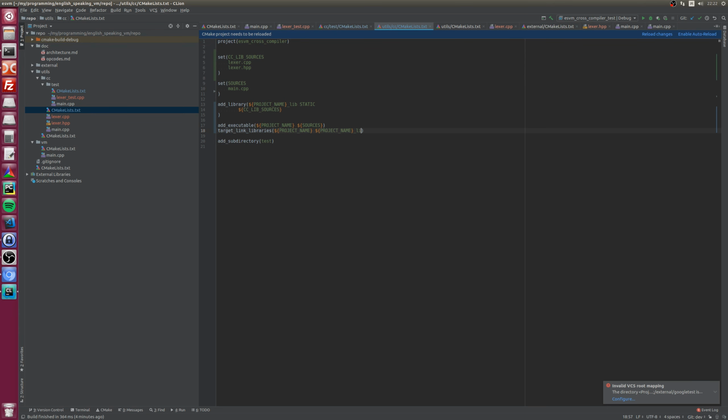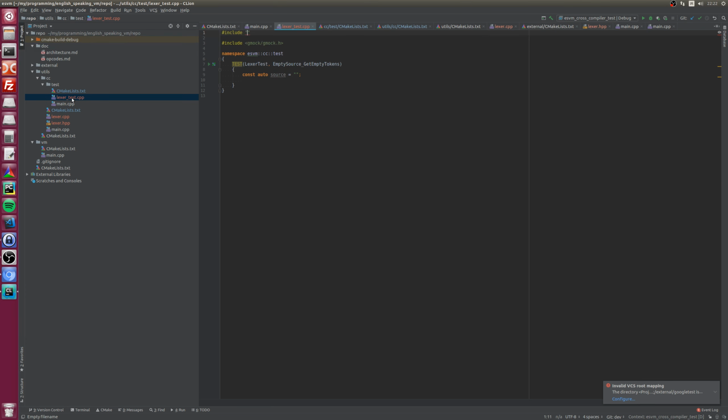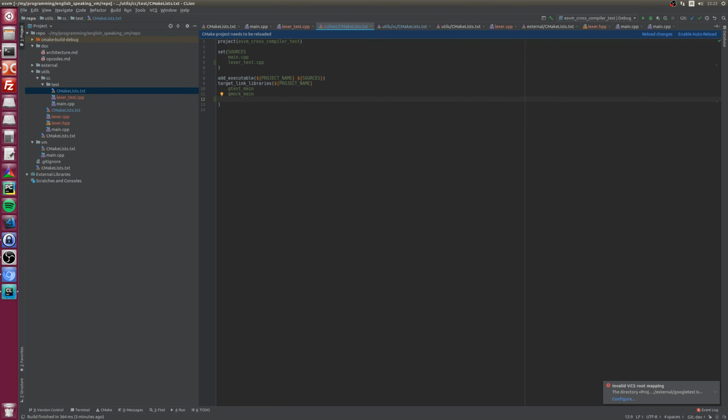And project name lib. Cool. It should work, but yeah. And now Lexer test is going to link to this library. Not project name, but okay, let's remove this. Test. And just project name lib.